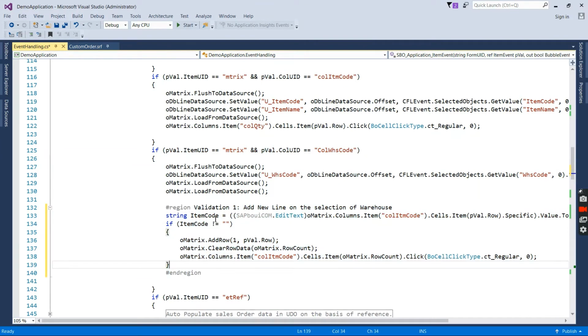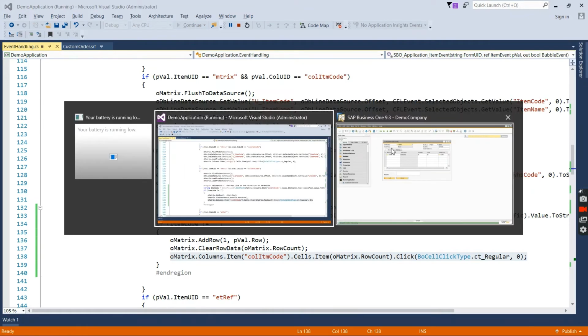We are getting the item code for the current row and checking if it is not blank, then we are adding a new row in the matrix, clearing the new row of garbage values, and after that setting the control to the item code column of the new row. Let me run this application and we'll see whether it behaves as expected. So let me run and come to SAP.